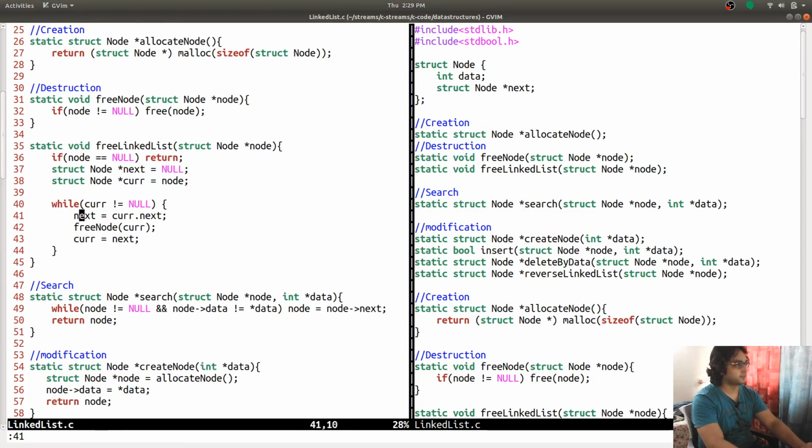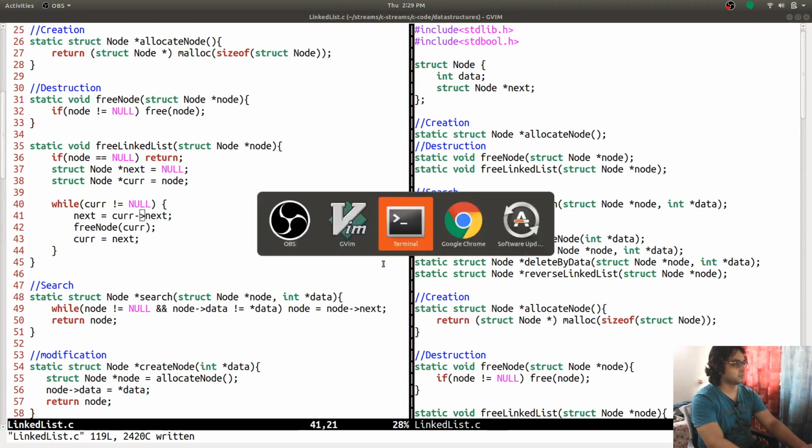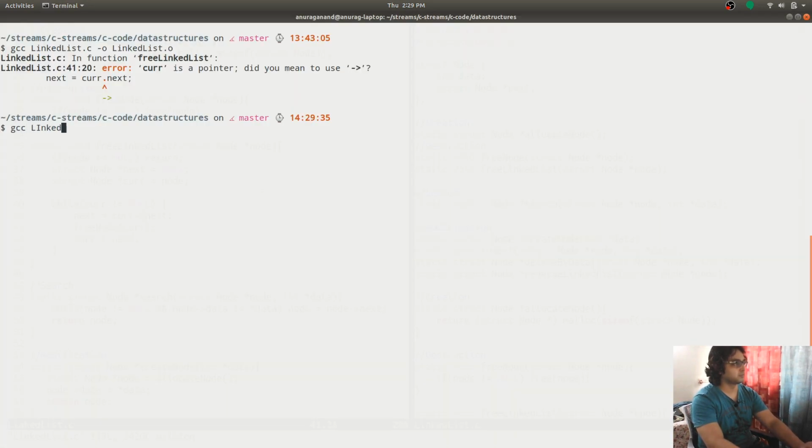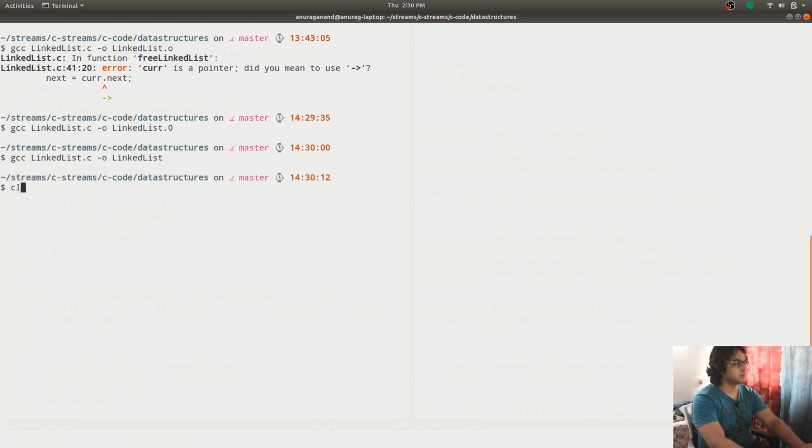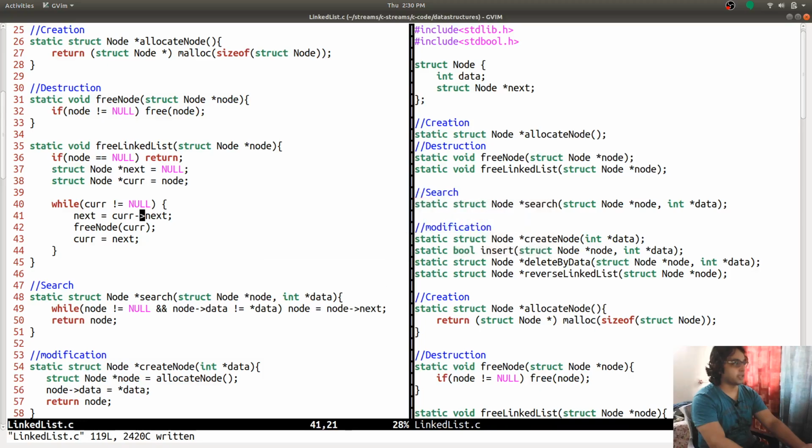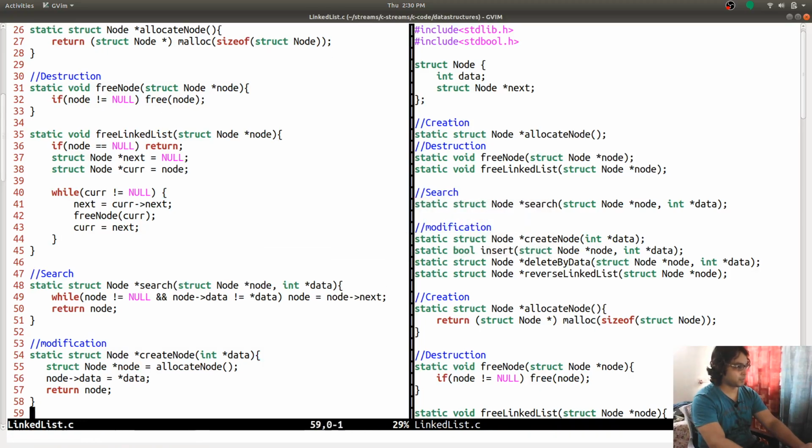Yes. So no compiler error other than this part that I missed.